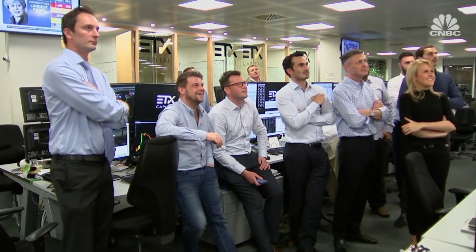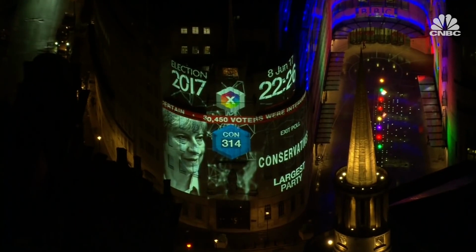If there's a clear result, when polls close at 10 p.m. on election day, we can expect to see opposition leaders conceding to the winner. However, if recent history is to repeat itself and no party secures a majority, the election could bring about another hung parliament. In June 2017, a shock exit poll showed Theresa May's ruling Conservative Party had failed to return a